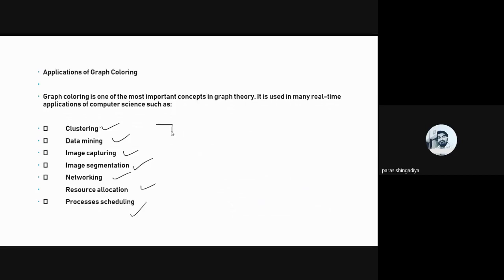Consider any map. For example, let us take Gujarat state. If we take the Gujarat map, each district. So how can we identify each district map? You have to check the district map. Let us take Rajkot, Ahmedabad, Surat, Vadodara, Junagadh. So how can we mention the boundaries of that? So we can use graph coloring to color the map, and then we can identify up to this, that is Rajkot boundaries, up to this, that is Ahmedabad, that is Jamnagar, Surat, and so on. So graph coloring is needed for the map, and then let's take